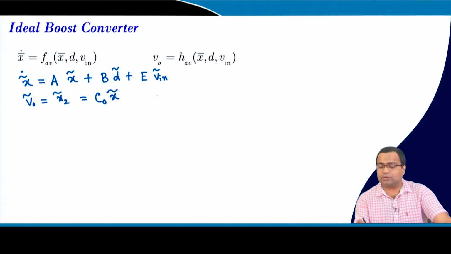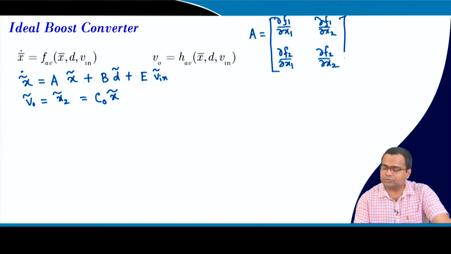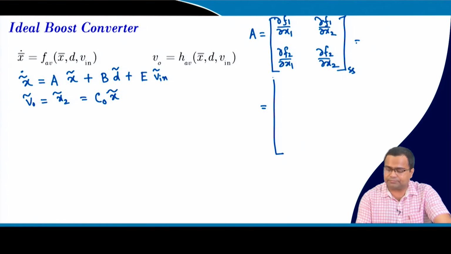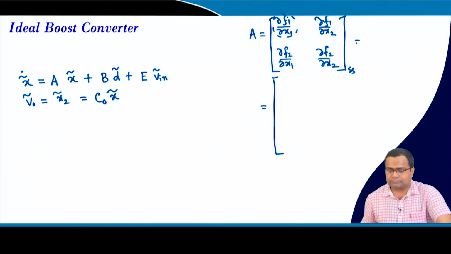Now, we want to find out what is my A. It is the Jacobian: dou F1 dou x1, dou F1 dou x2, dou F2 dou x1, dou F2 dou x2, computed at steady state. Now, we want to find out what these are. Let us find out what this quantity is. If you go back,